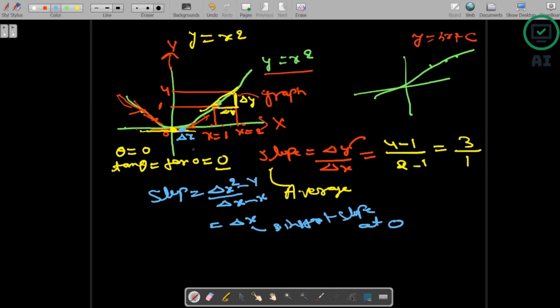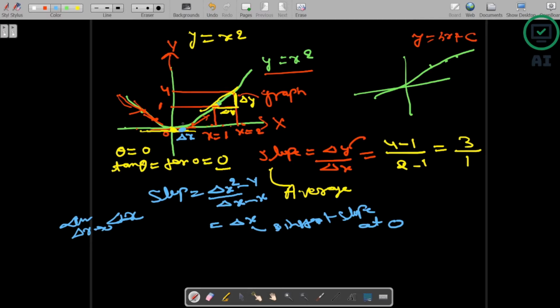So here delta x might have been shorter, and we want to push this delta x towards 0. That is where calculus comes into the picture, taking the limit as delta x tends to 0. So when we take the limit as delta x tends to 0, it will be very near to 0, going towards 0. So here also it is a slope, the instant point slope is 0.